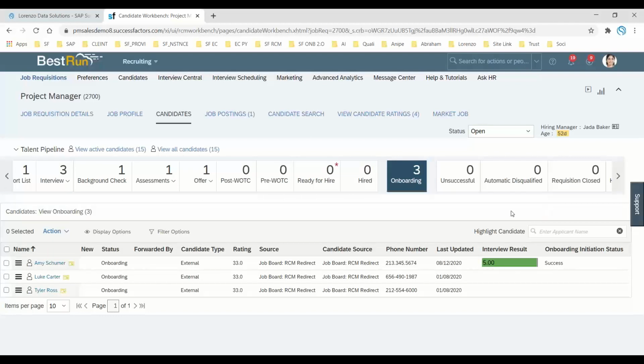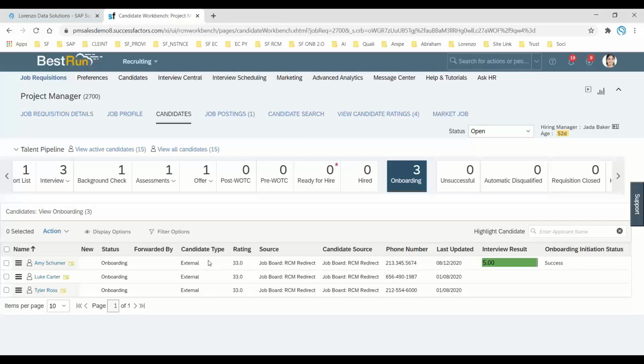That is the first thing. Now you can see you are on the onboarding 2.0 status. There are three candidates listed here, and make sure that we are doing it for the external candidates.